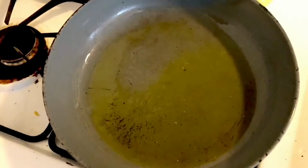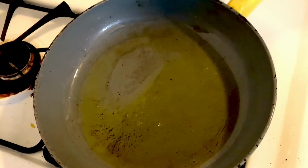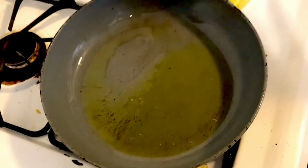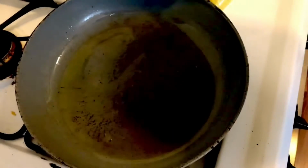Water and oil do not mix, fellas and gals. Make sure your pan is dry. I've been getting a bunch of these today. I don't know why. We've been using Wi-Fi, so it's kind of annoying. I don't know what's going on, but...